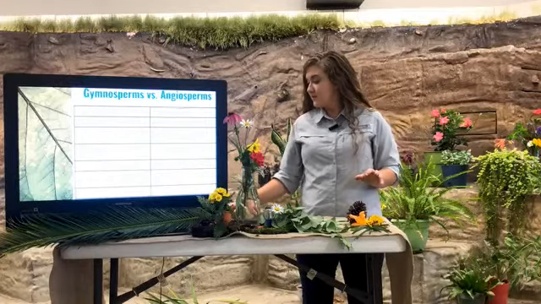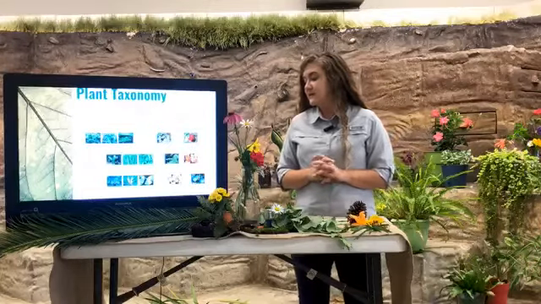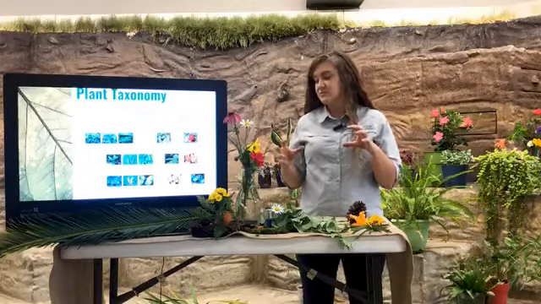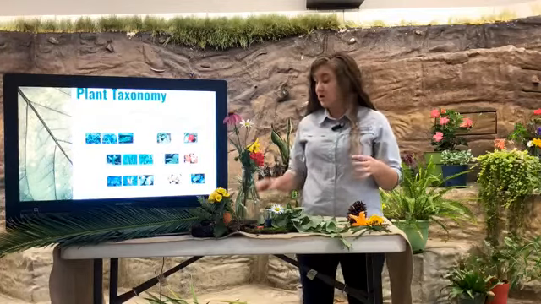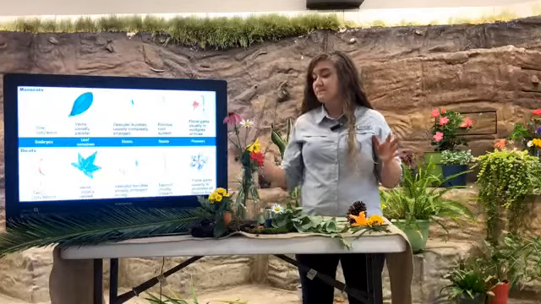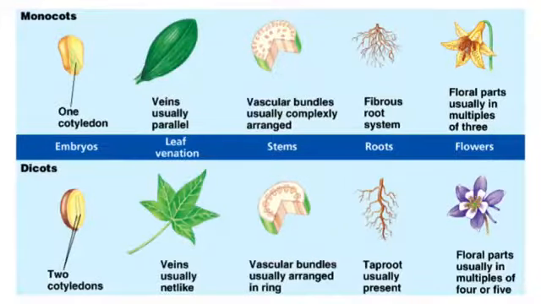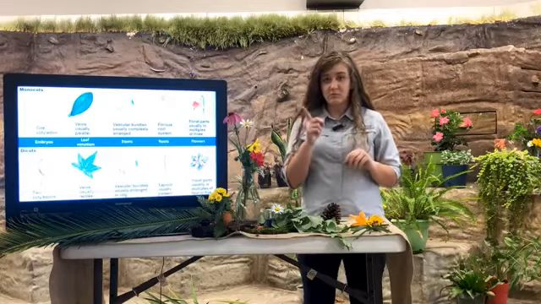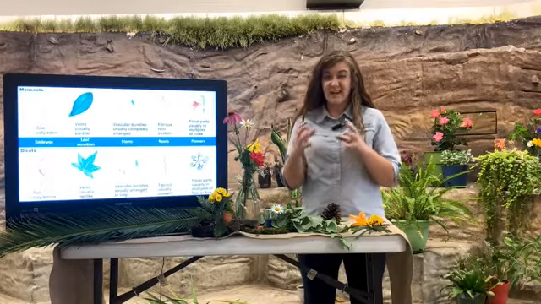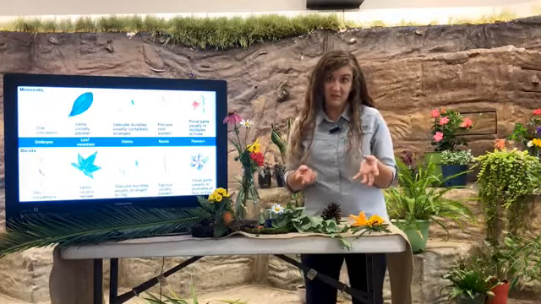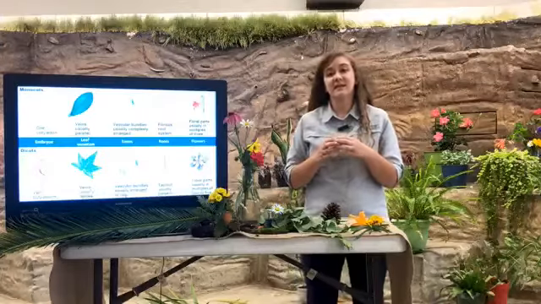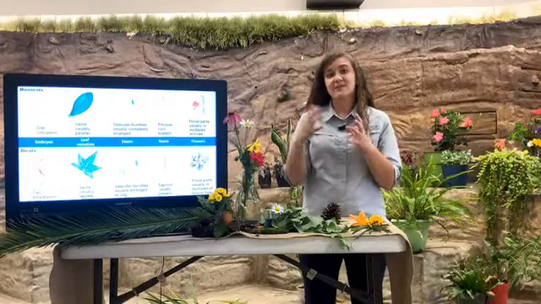Now, if we go back, you'll actually see that once we break down angiosperms and gymnosperms, you can break down angiosperms even more. So what those are called are monocots and dicots. So let's compare those. The cotyledon, monocotyledon, and the dicotyledon is what those are actually called. And what that is, the cotyledon is the first little leaf that comes up, and it actually acts as a snack pack for the baby plant. It can stay in that seed, and it won't germinate, but it actually has a little snack pack in there,